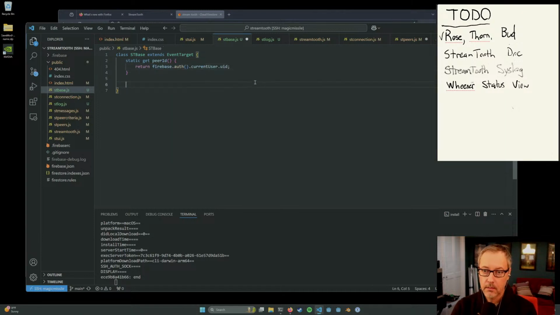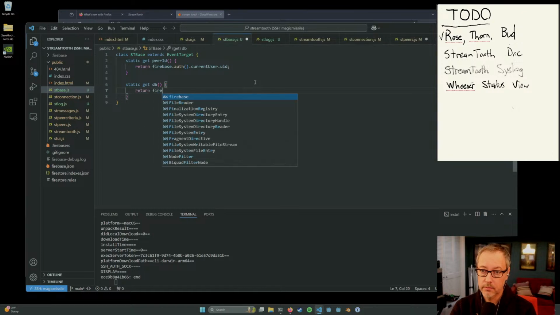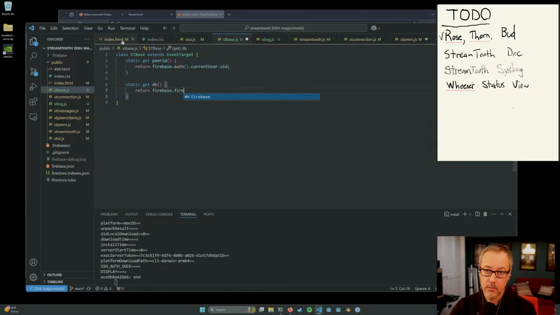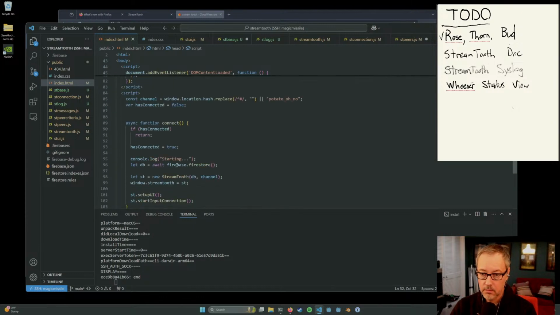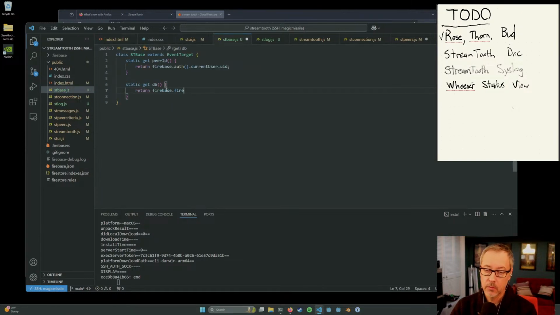Okay. And static get DB. Return Firebase what is it? Firebase Firestore? Oh, but that's like a full-on await thing. Okay. Not a problem.